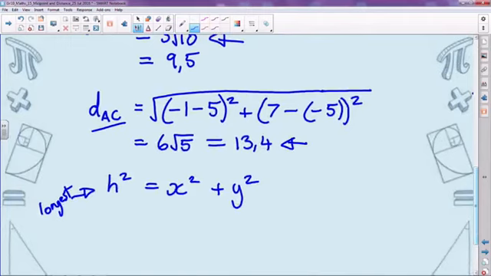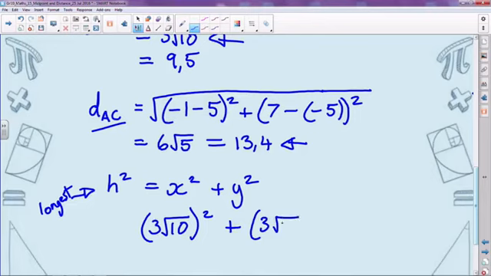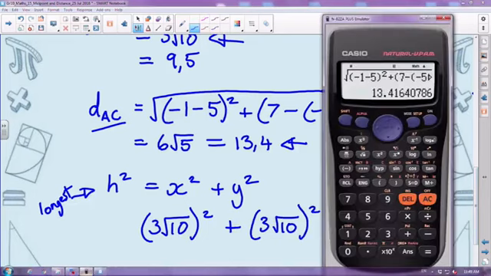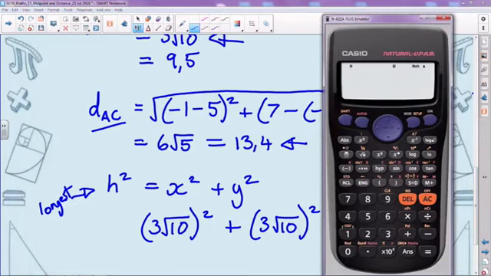In other words, what is 3 square root 10 squared plus 3 square root 10 squared equal to? Well, let's use our calculator because we can. And it's going to be 3 square root 10,